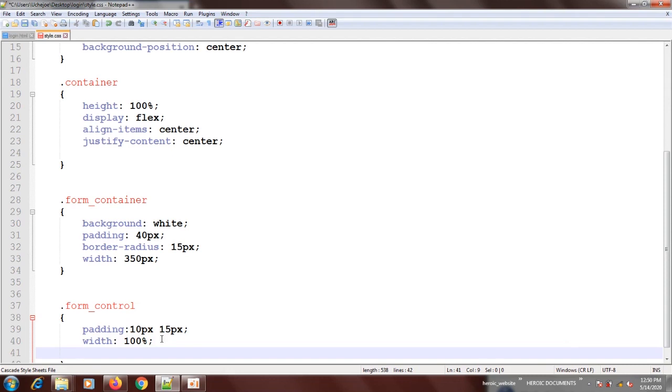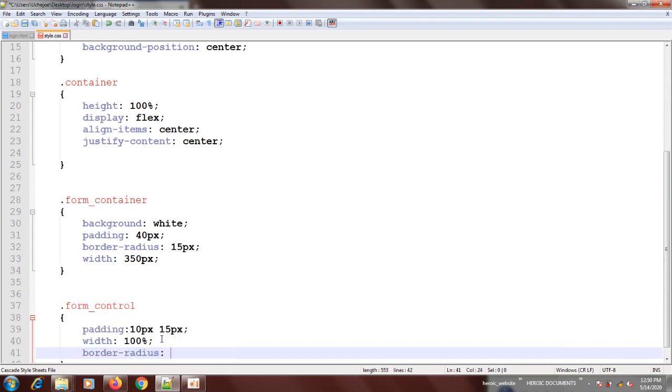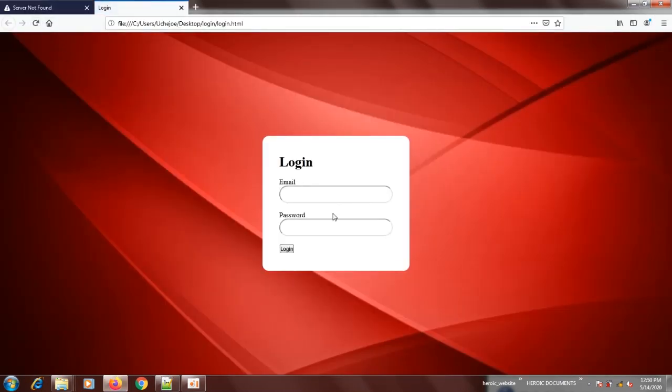A little bit of a rounded corner there. Border radius. So let's say 30 pixels. So you see how it is? Good. So I have gotten something this way, which is not bad at all.